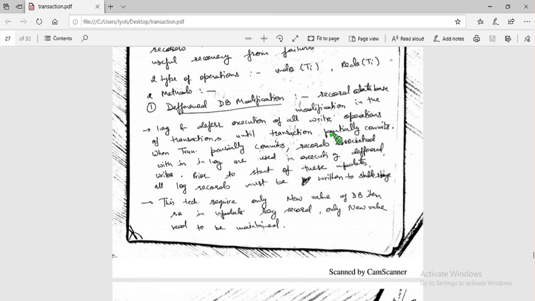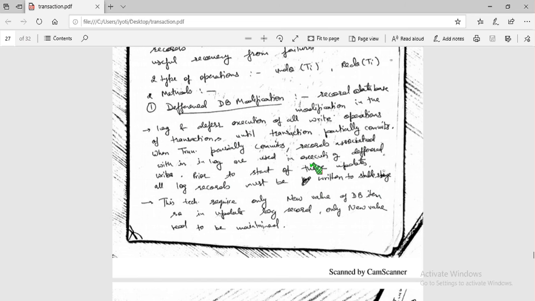Until a transaction partially commits, no changes are made to the database, not even in memory. Only the log records are updated and execution is deferred. When the transaction partially commits, all the records in the log are used for executing the actual write operations.